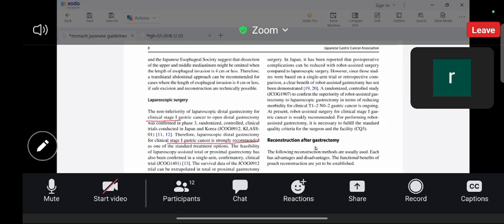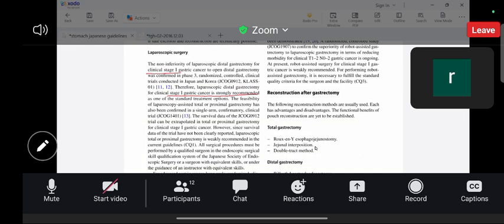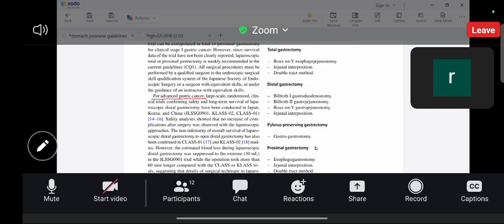So for laparoscopic surgery, is it better or less, or what is the status? For clinical stage 1, it is the standard of care. We can safely perform the laparoscopic surgery. For advanced gastric cancers, there is one trial, the